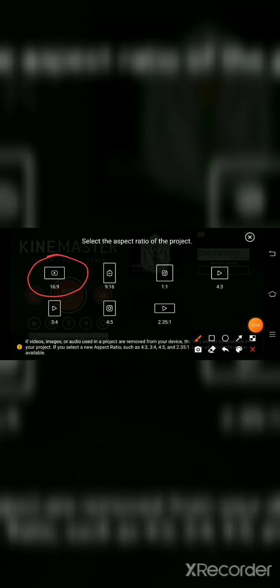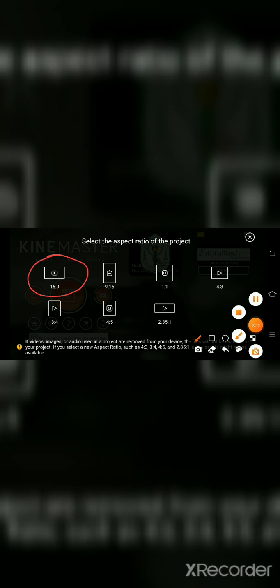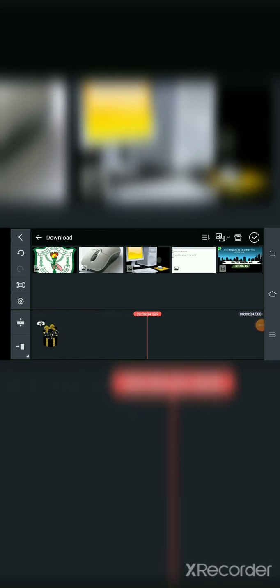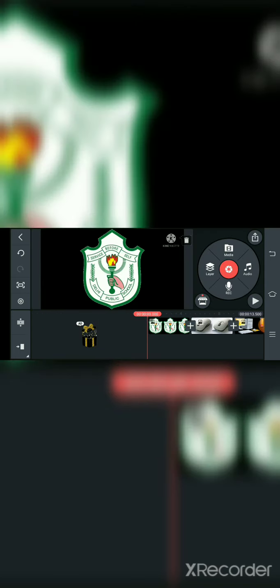You need to click on this project icon first. Click here. You need to then select the ratio that your project should be in. Like, I am selecting this ratio, that my project should be in this particular ratio. Next, after opening, you need to select which photographs will be needed in your project. Then click on the right button. You can see this project has been created.